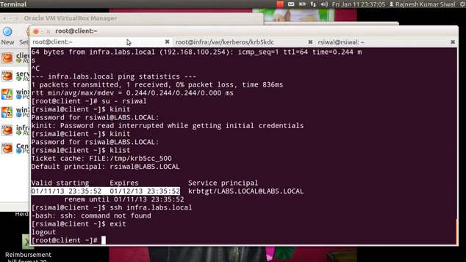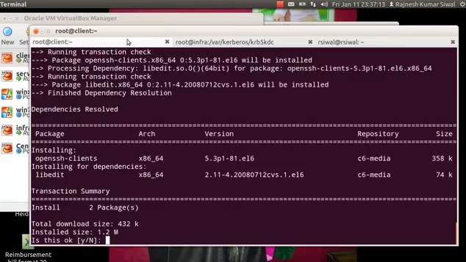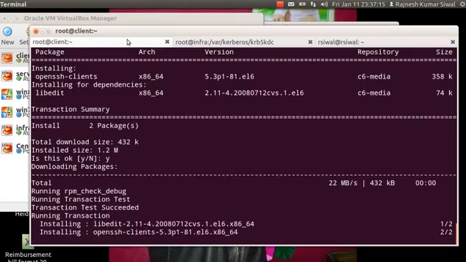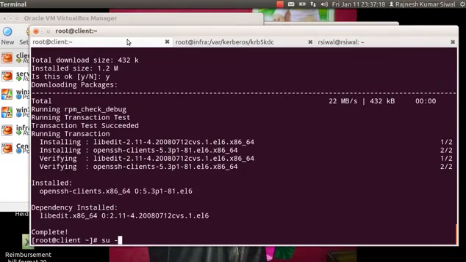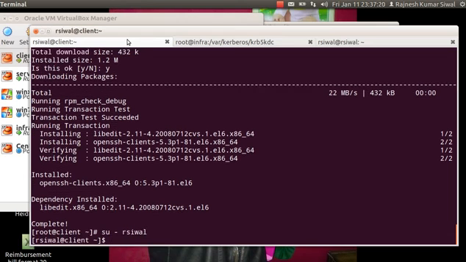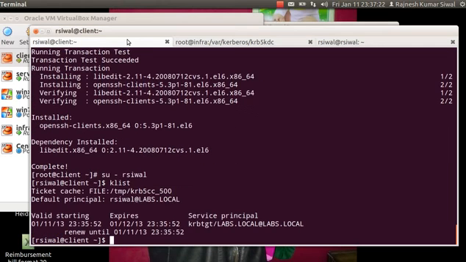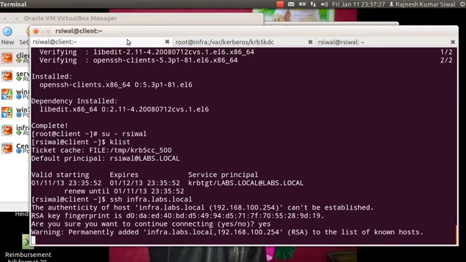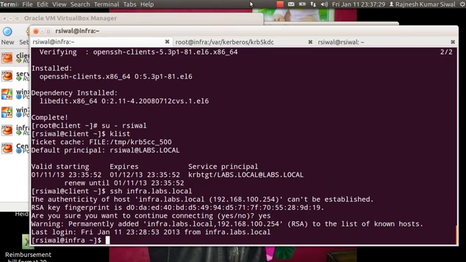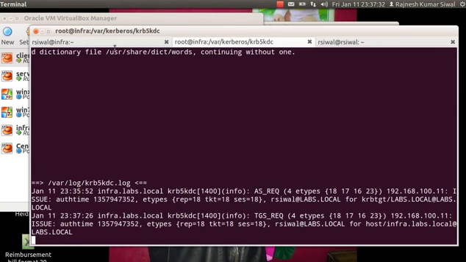Okay, I need to install the package, OpenSSH clients. Let me become rsiva and let me see if I have the key. Yes, I already have. Now I tried to log in to this infra.labs.local and the request came to the krb5kdc, and the request